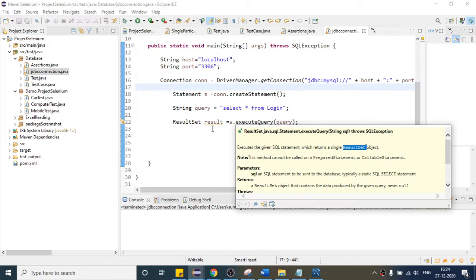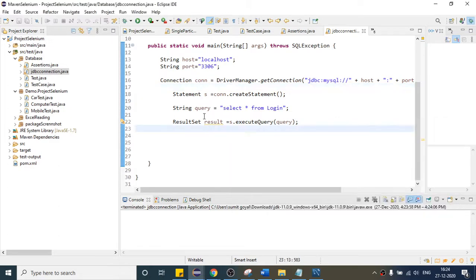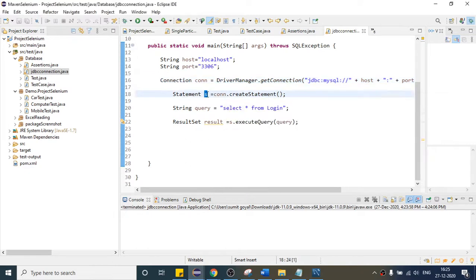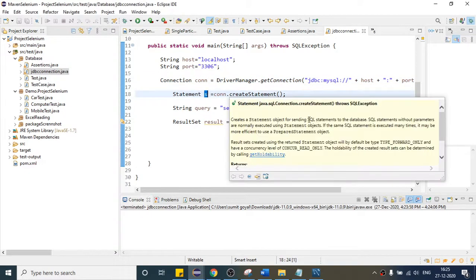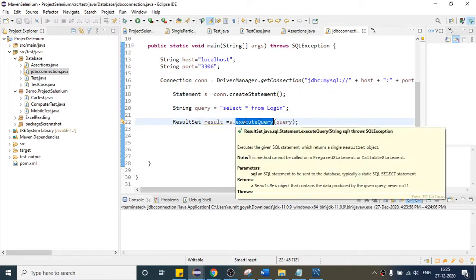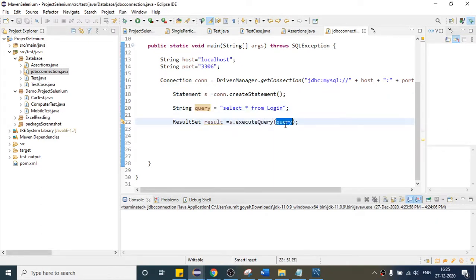Sumit, can you explain line number 18 again, please? See, basically, why are we doing this string query? Because we have to get this whole data. Before we can use this query, first you have to execute this one method, which is createStatement. It will create a statement object, which we catch here. It will create a statement object for sending SQL statements, which means if you want to send this query, first you have to create this object, and this object will give you one method where you can pass this query. This is how they have created it.